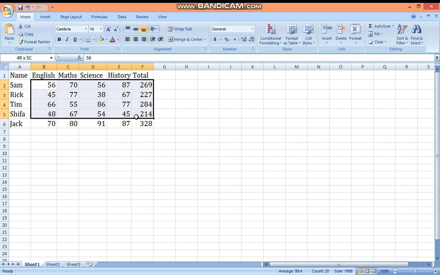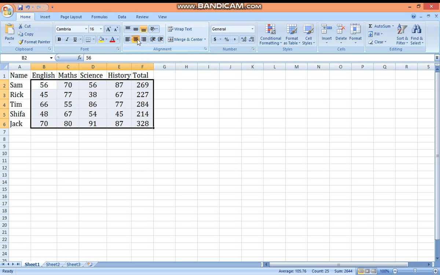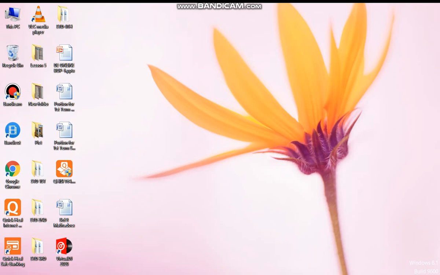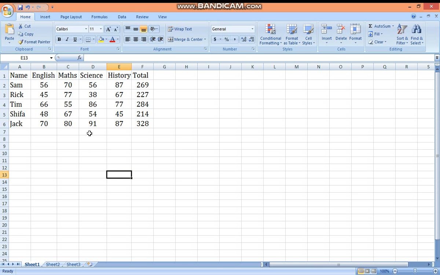Select your numbers, and click on center here. Left, right and center. The numbers are at the center. Understood? Then select the table.